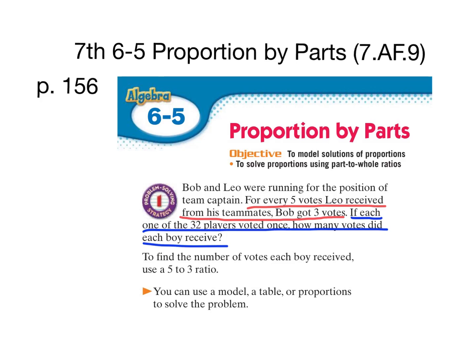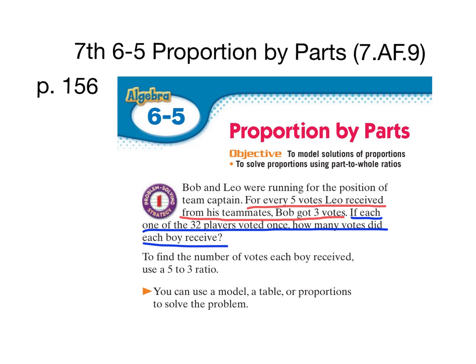In this section, we're going to look at solving proportions by parts. If you look at their example on page 156, it says for every 5 votes Leo received from his teammates, Bob got 3 votes. If each one of the 32 players voted once, how many votes did each boy receive? So you can see from the information here there was a 5-to-3 ratio, like the book mentions,